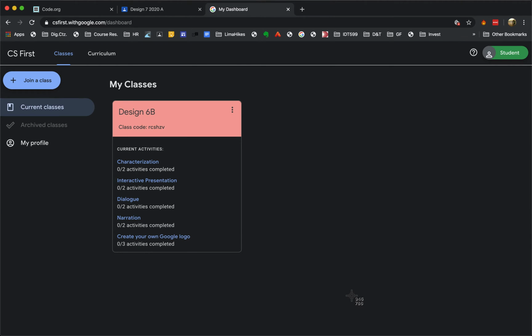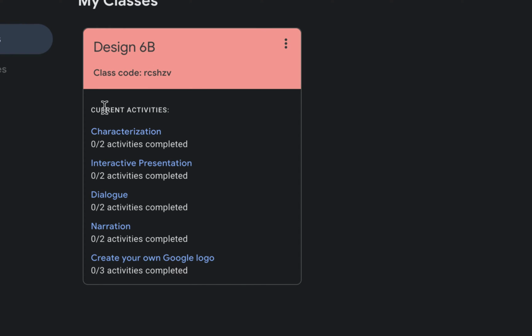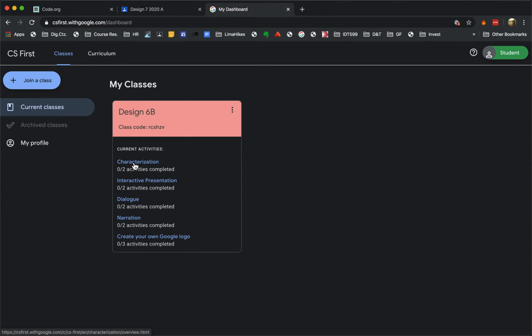Perfect. So at this point, you can see that there's our class. And what I've loaded for you is our first several activities that we'll be doing. Each of these, characterization, interactive presentation, dialogue, narration, and create your own Google logo, are individual lessons. Each day during our distance learning program, you will complete one of these during our regular scheduled class, and I will tell you on which day you'll be doing these. Okay, so if we click on characterization,